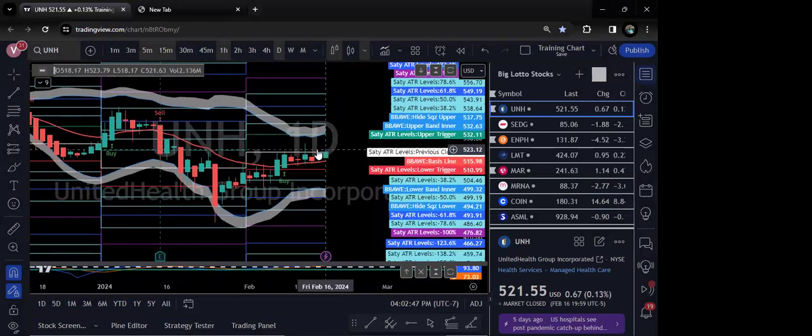It's still supposed to, we've not gotten a good 3. It's supposed to create 3 higher highs. So it's right at close. It has to be above 533. So if it gives us 533,